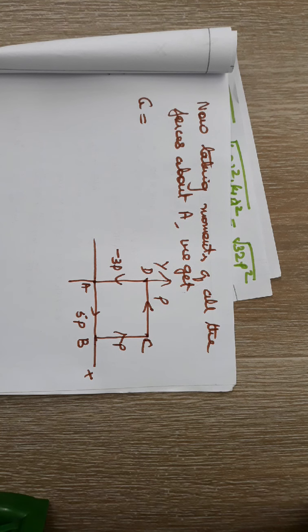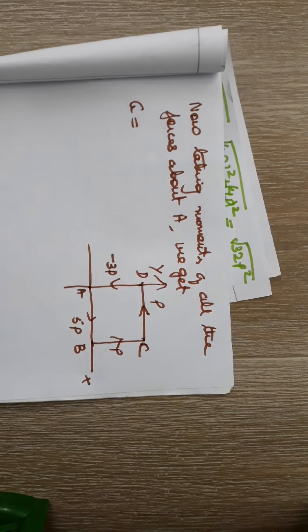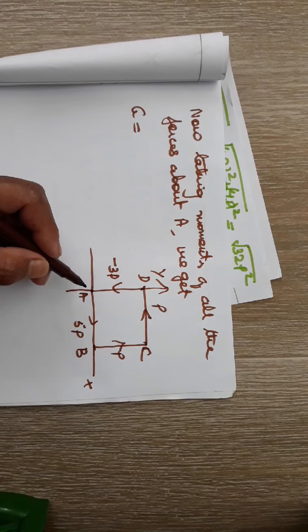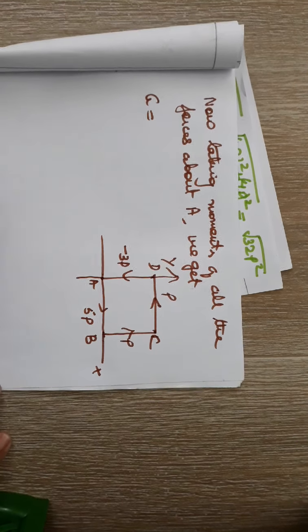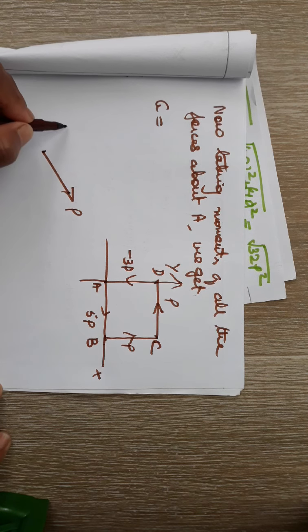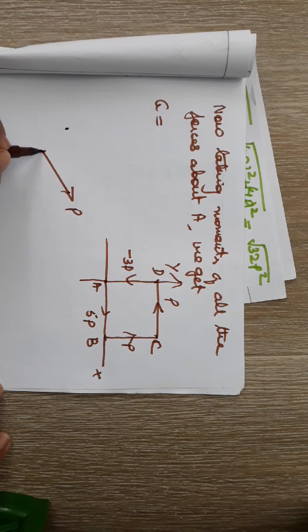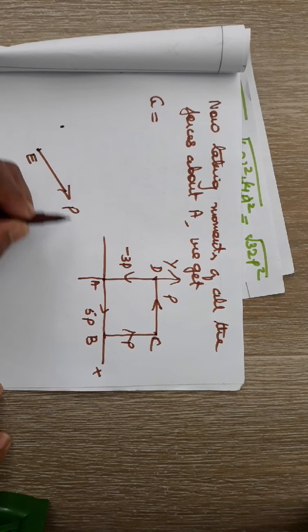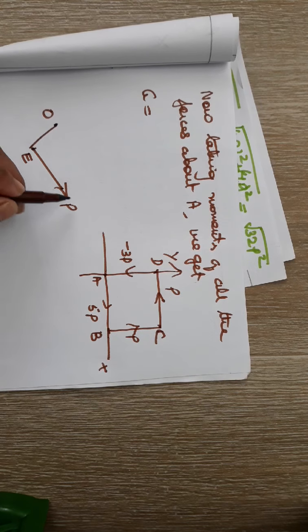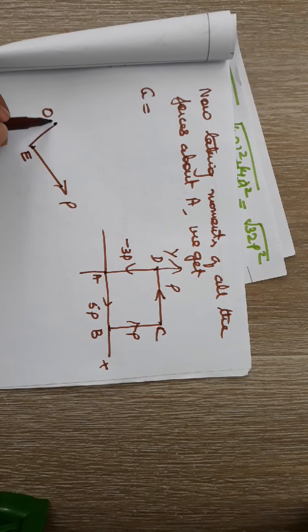So what are the moments of all the forces about A? The moment of a force about any point is given as the product of the force and its perpendicular distance from that point. For example, if you have force P acting at this point E, about the point O, the moment of this force P about this point O